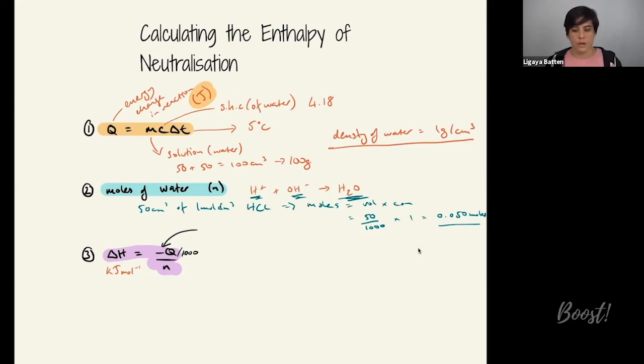I want to go through the differences between calculating enthalpy change of neutralisation or a reaction of solutions like we've just done, and calculating enthalpy change of combustion, which is another key type of reaction that you might come across in determining enthalpy change